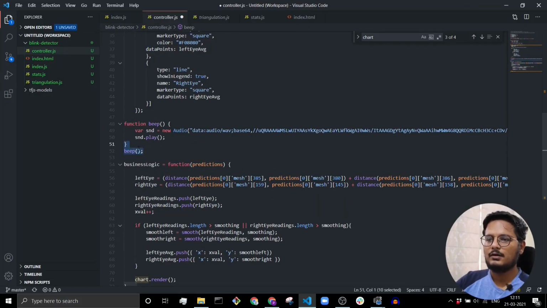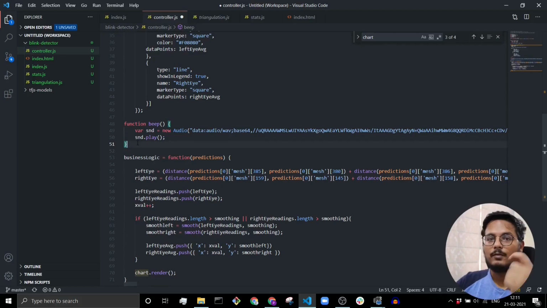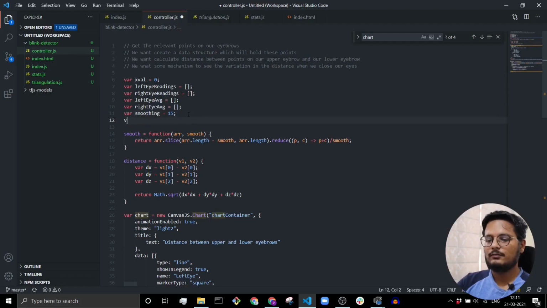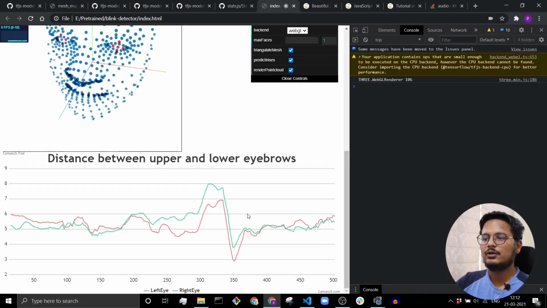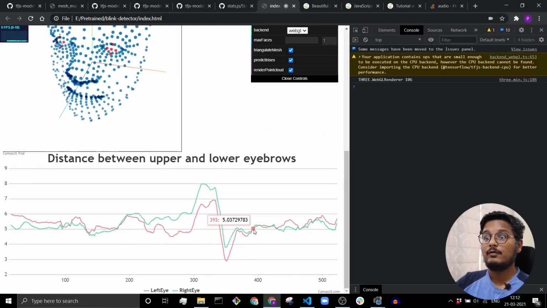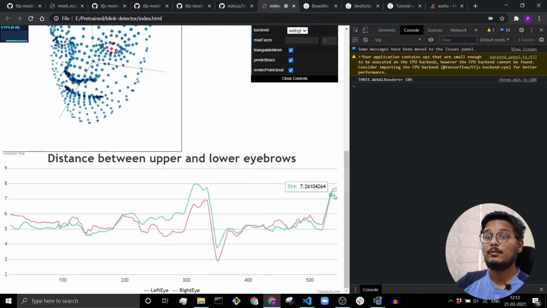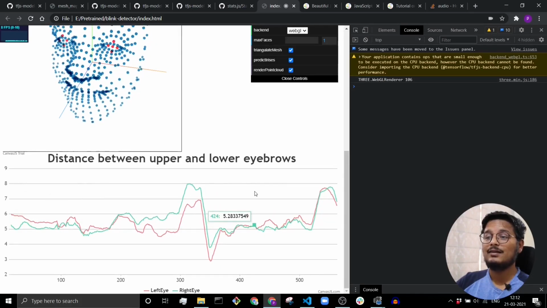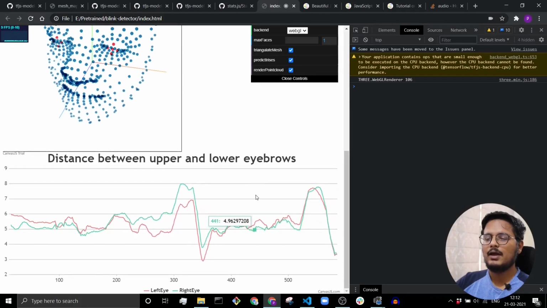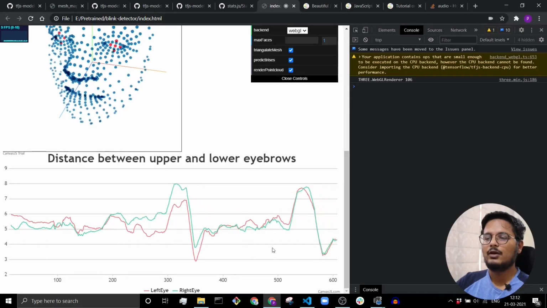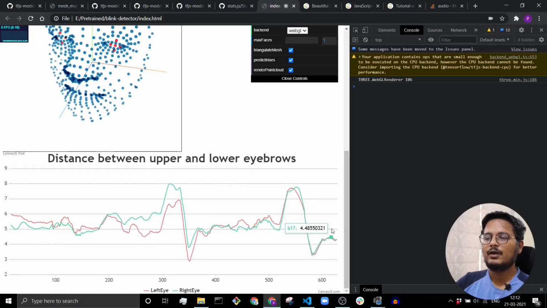So this is our beep function, which we will use to play a beep whenever this function is called. And we will put a threshold, where threshold is equal to what should be our threshold. For that, we need to observe our readings here. Whenever we widen our eyes, the reading shoots up to around 7 or 8, and whenever I close my eyes, the reading falls below 4. So I think we can comfortably put a threshold around